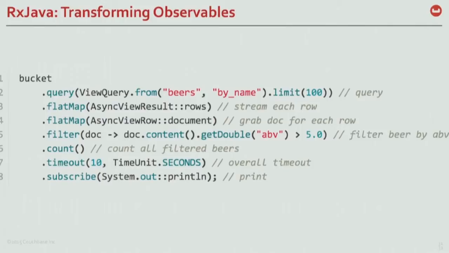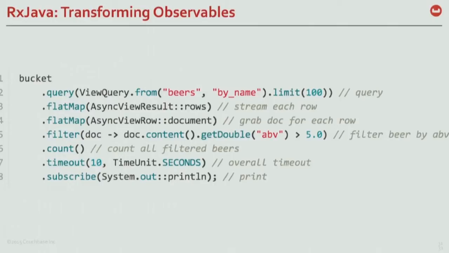Which works best for queries? There are several ways you can query documents in Couchbase. One of them is views, which is exactly what I'm doing here. I'll tell you more about those different ways later. I'm doing a query: give me the first 100 beers of the beer sample, because we have some sample data available in Couchbase, and one of them is the beer sample.